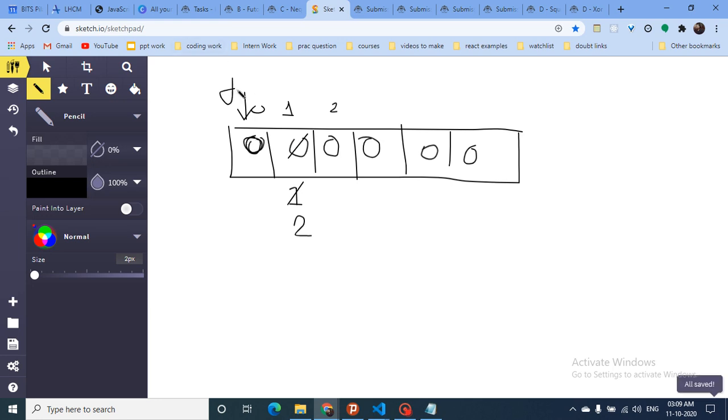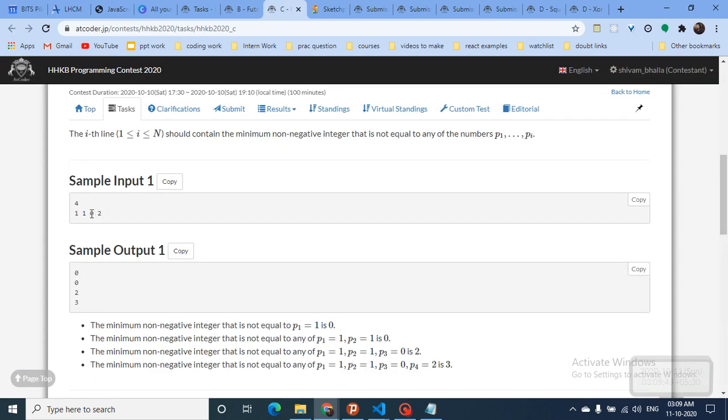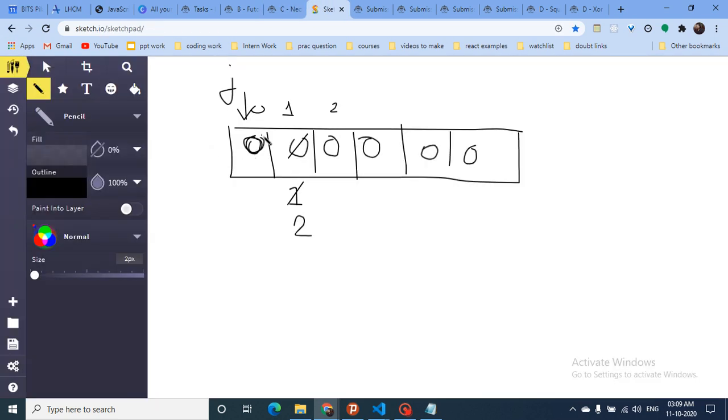So this is some j which is pointing towards an integer whose count is 0 at this point. Because you are adding these numbers, now when you add 0, this count will become 1.